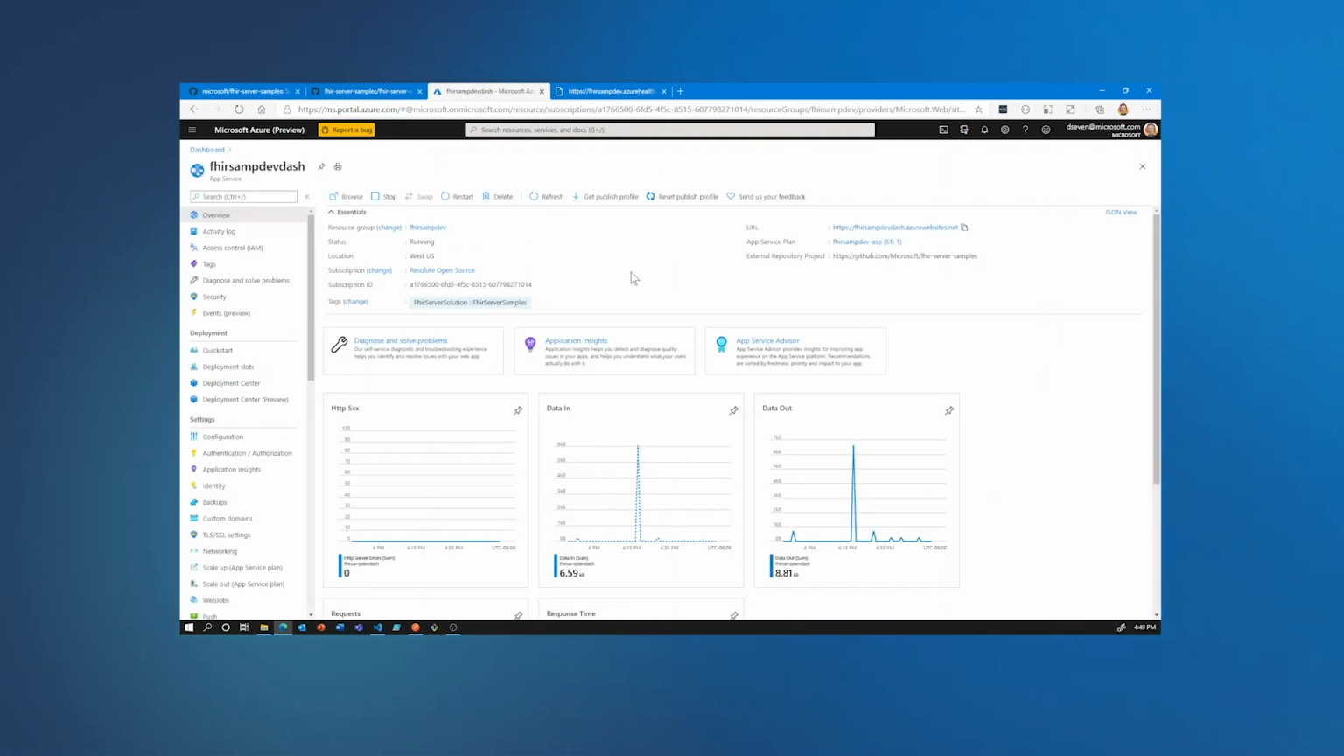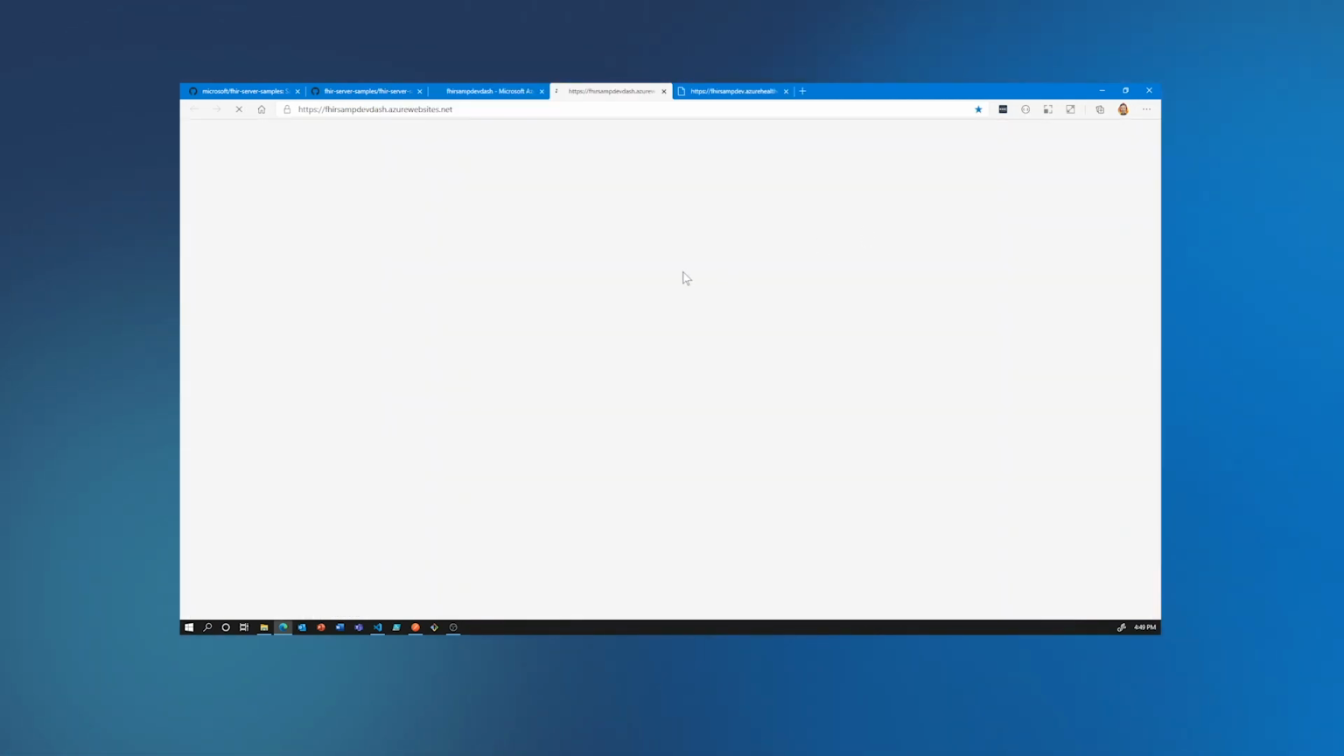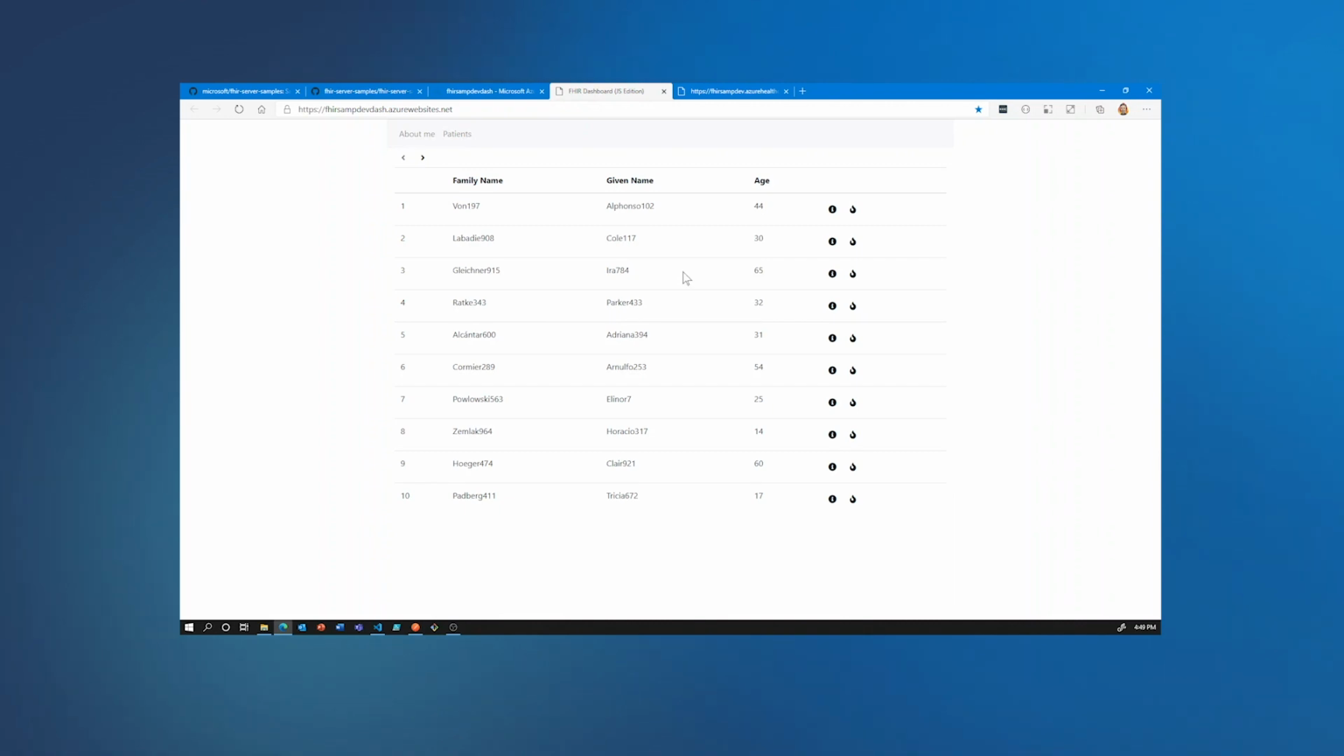When you look at the app service in the portal, you can see a URL to the web application that we've deployed. In this case, it's a simple JavaScript application that accesses the Azure API for FHIR and returns a list of patients. You can see that there's a Patients tab at the top, which we're looking at. There's also an About Me tab, which if you click on will tell you information about your instance of the